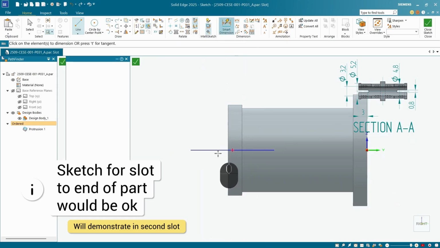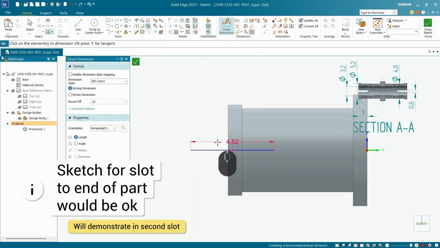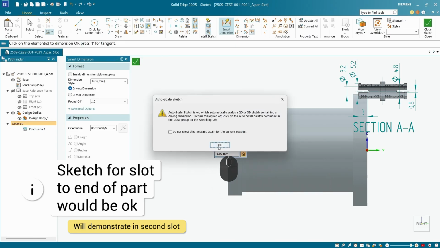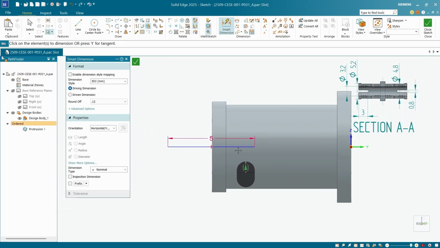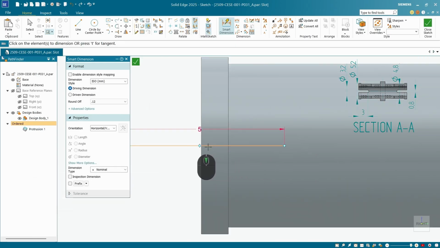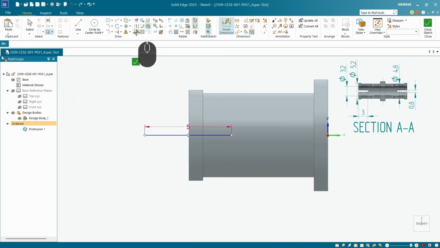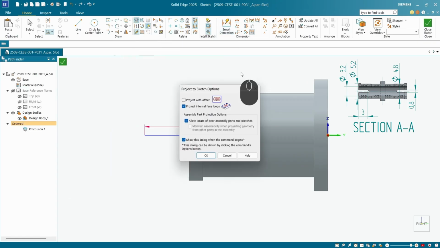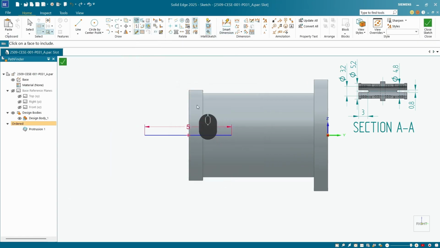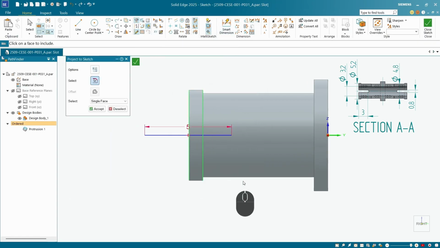So I just want to play things very safe and just make that, I don't know, 5 millimeters long, and I just want to position the end of our line so that it puts the slot in the correct position. So I'm going to use Create as Construction and Project to Sketch, click OK, and just grab the end face